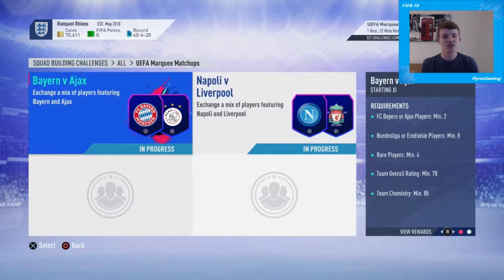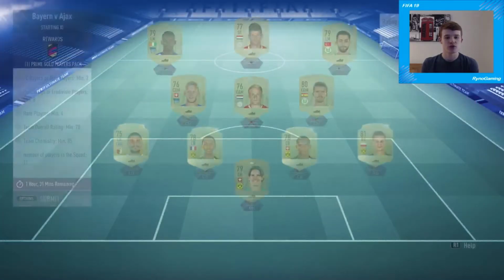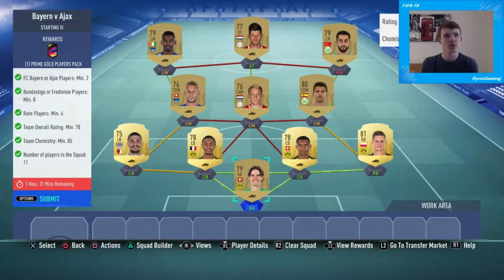So the way they've done it for this particular one, they've only picked 2 matches. It's not a full set of 4 like a standard Marquee matchups. The 2 games they've gone for are the Bayern Munich versus Ajax and Napoli versus Liverpool. So I've got the squads already built in here guys, just haven't submitted them, but Bayern versus Ajax is the